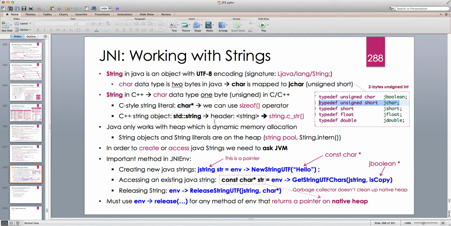So dealing with strings is simple. One problem is that we don't have direct access from the JVM to this string. The JVM methods only deal with this character array, which is a C style string. But the good news is that the assignment operator for std string is overloaded. So if we use a std string and assign from the char star to the string, it automatically does the conversion. And when we are done with the operations on the std string, we can use c_str to request a character array, char star, from the std string. I always prefer to deal with std strings. So let's head to Eclipse and try to work with the